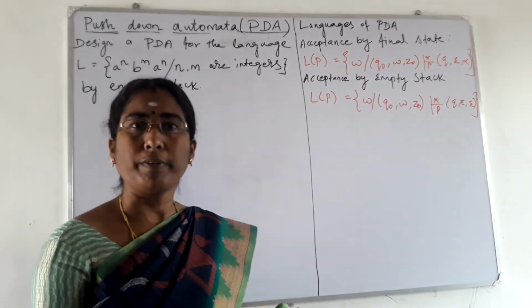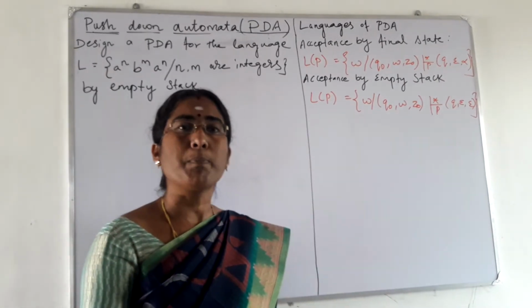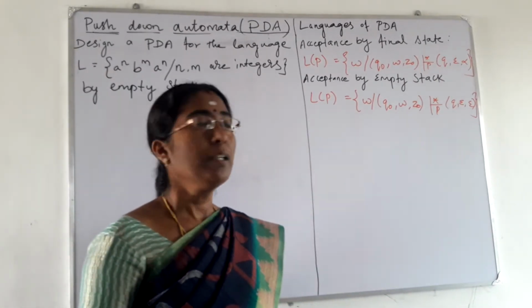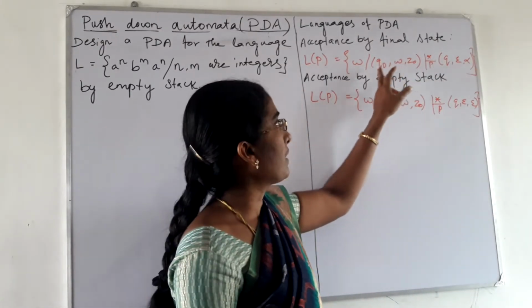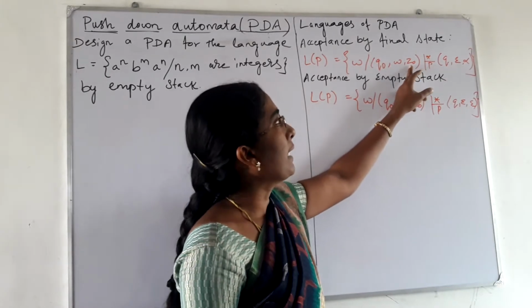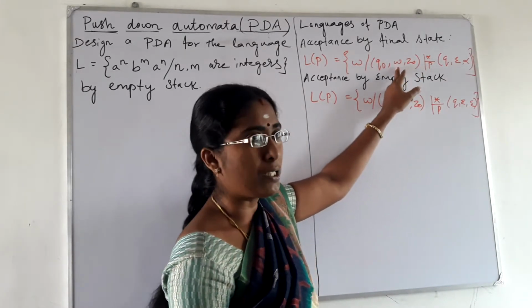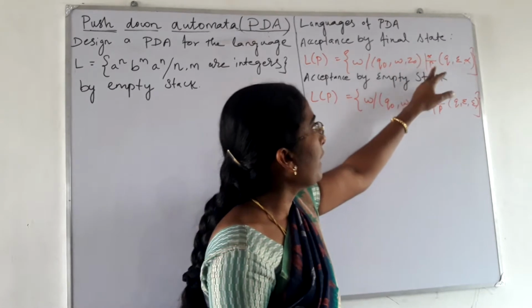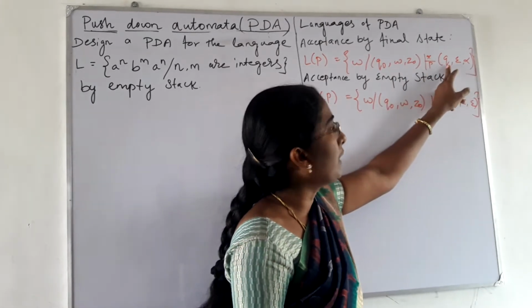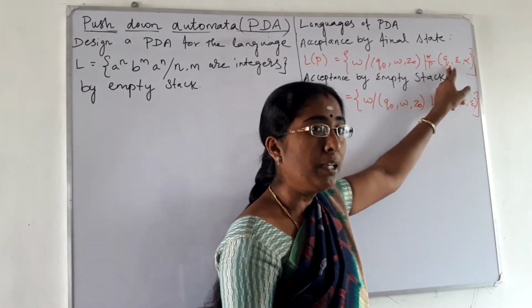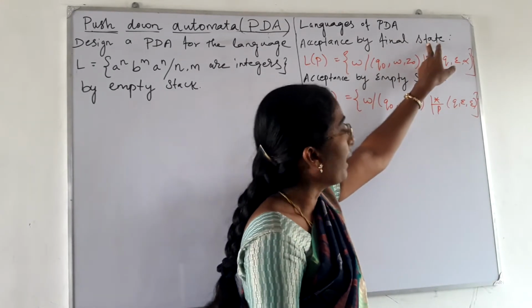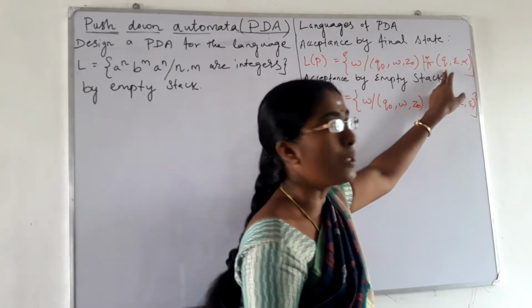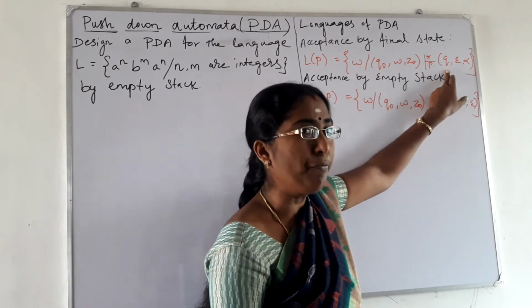But here there are two different ways. One is acceptance by reaching the final state, and the other one is by emptying the stack. See here, acceptance by final state means that from the start state with the initial top of the stack as Z0 and the string W, by instantaneous description, it reaches the state Q. Here that might be considered a final state. But if you are defining this as acceptance by final state, then this Q is exactly what will be called the final state.